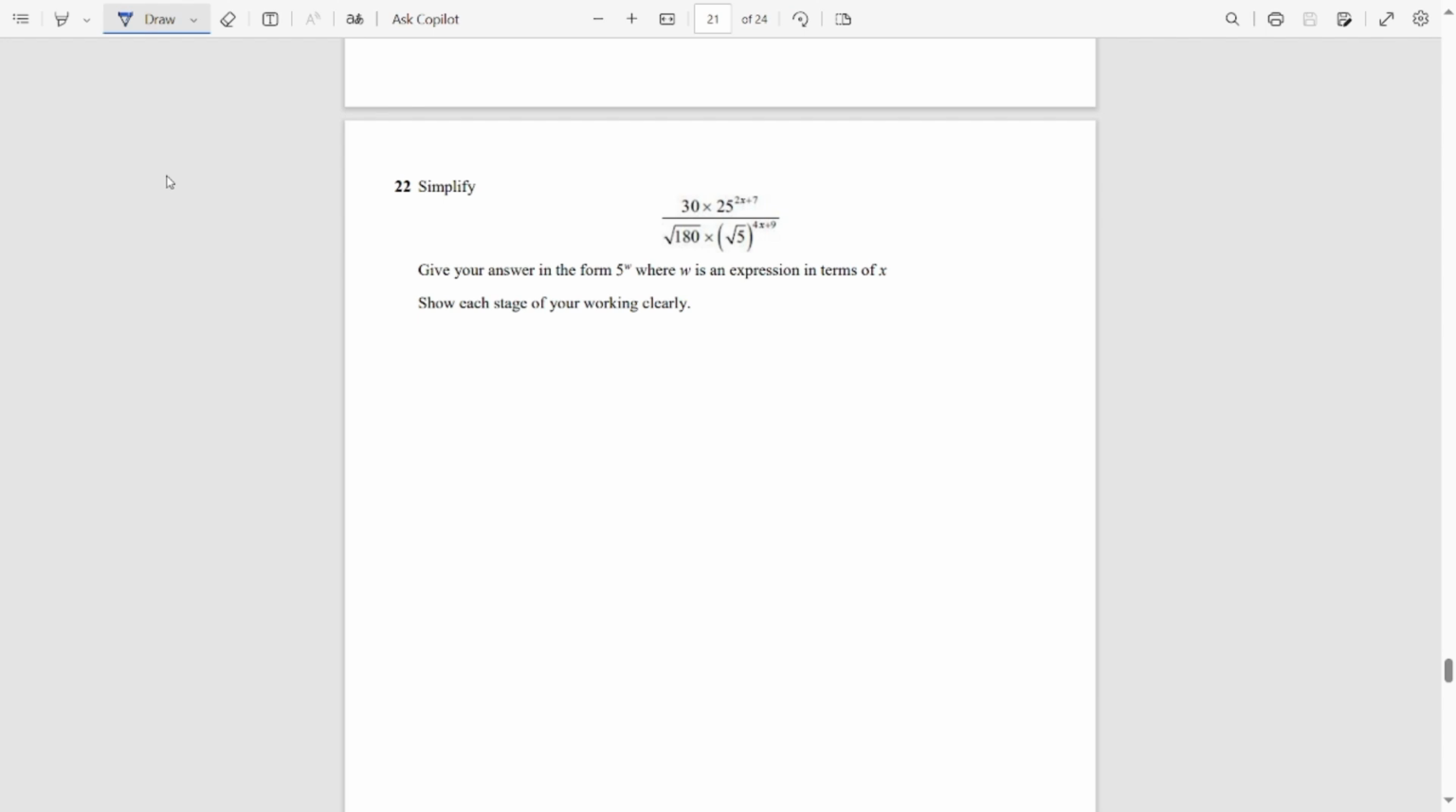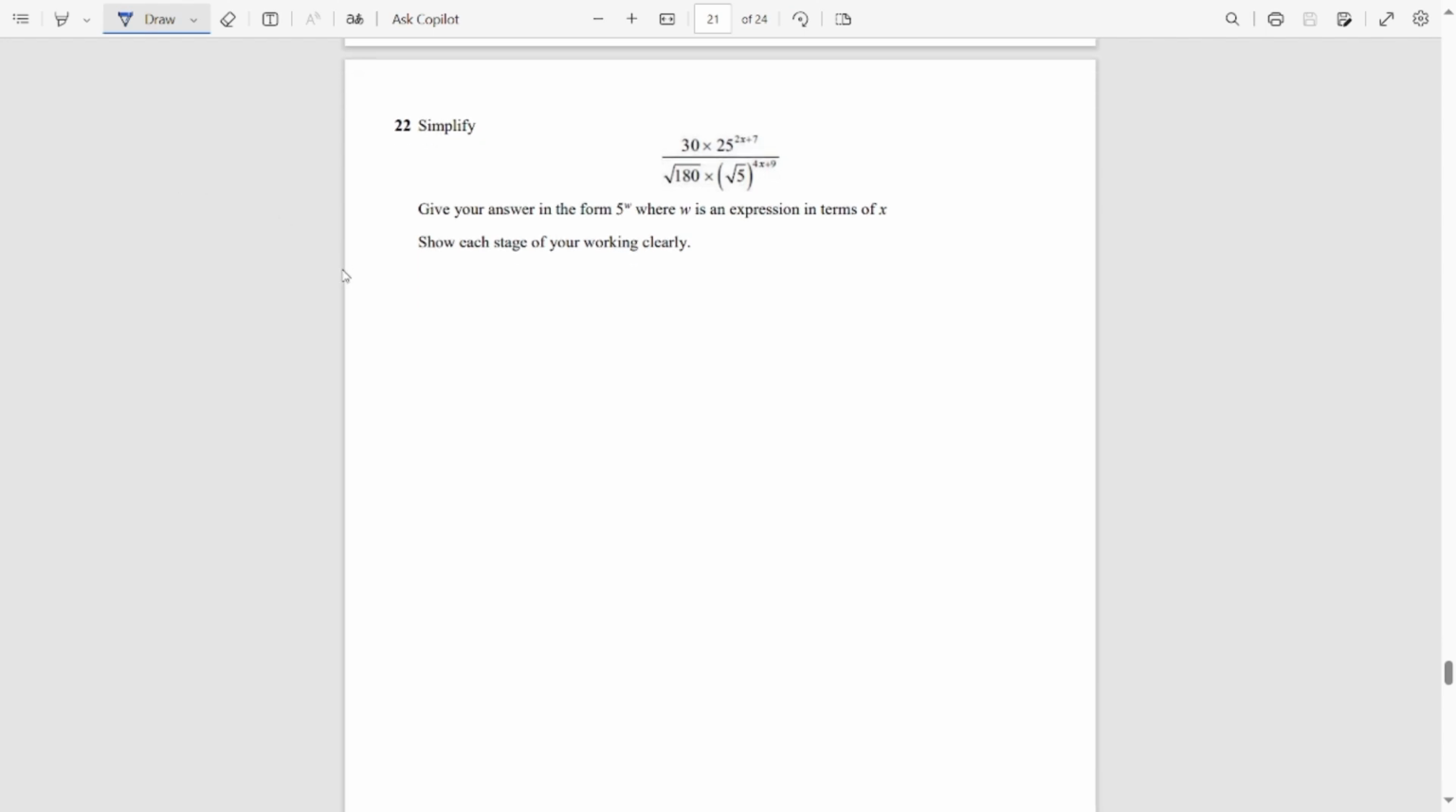Okay, so onto this question here where we have some complicated indice problem. And we're asked to simplify this and give my answer in the form 5 to the power of w. So I'm trying to find something, simplify it down to 5 to the power of something. And I can see I've already got some 5s in here. So I'm noticing that 25 is 5 squared. I think that's going to be useful. And I've also got the root 5 in here, which is the same as 5 to the power of a half. 30, I'm noticing is 5 times 6, and that 180 is probably the thing that I like the least,